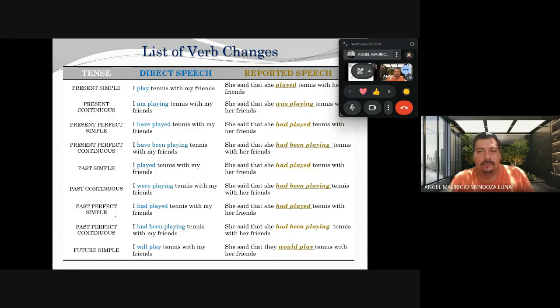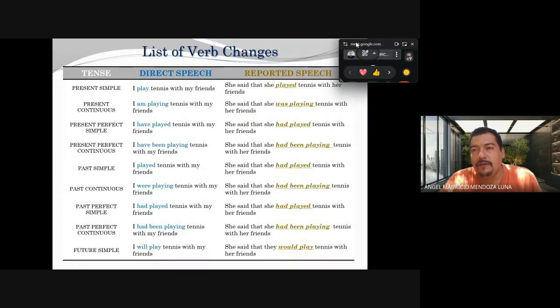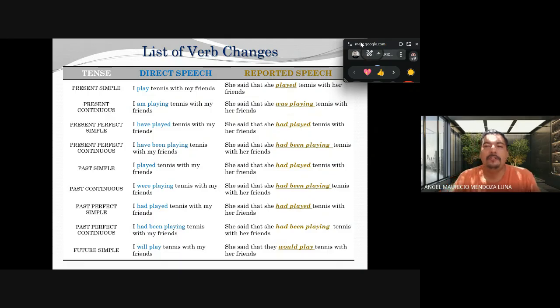Got it? If you pay closer attention, you can even take a screenshot over here. If you notice too, they don't have their names. They just have the name of the direct speech tense only, but the other way, you need to know